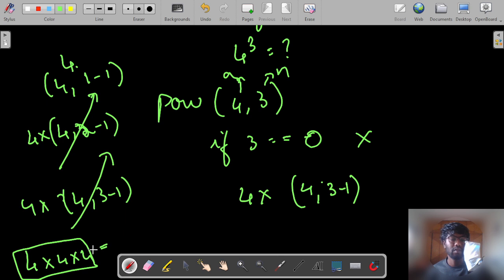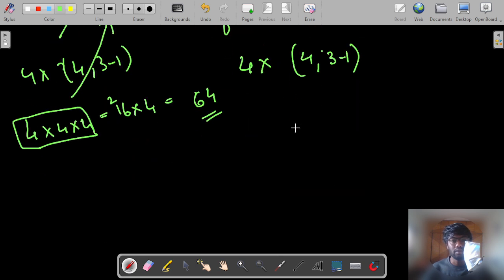This will be 16 into 4: 6 fours are 24, 4 to carry over, 4 ones are 4, 64. This would be the number, right? So this is how it works. Hope you were able to understand the workflow of how this power function works. The last problem that we are going to discuss is